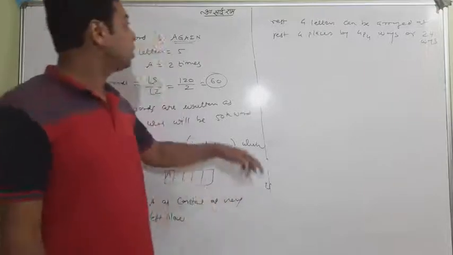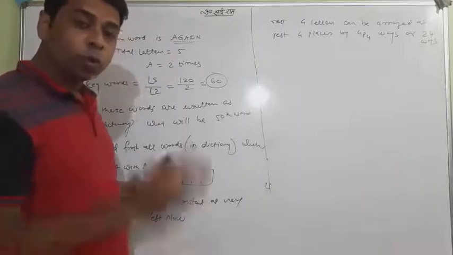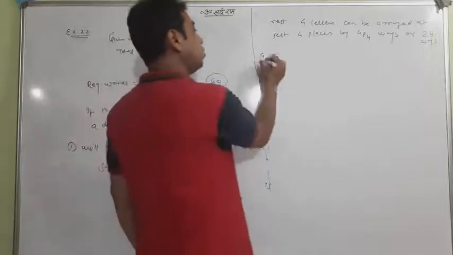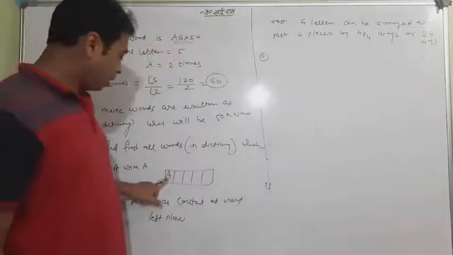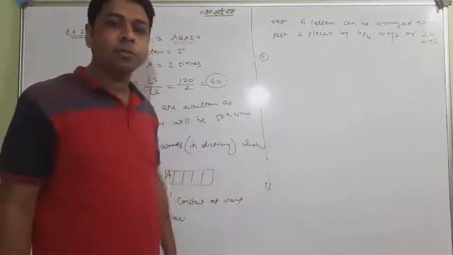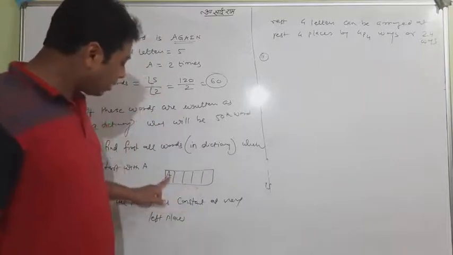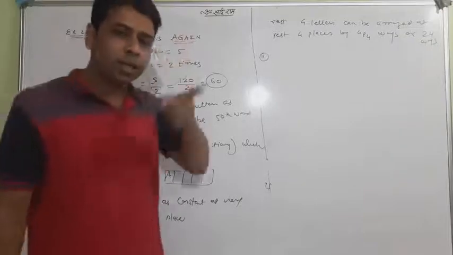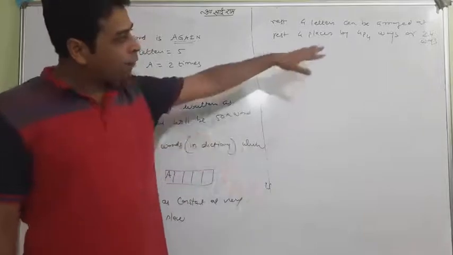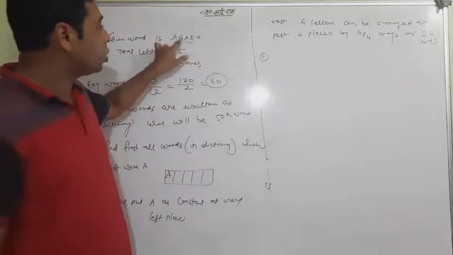Sometimes students get confused, sir, that a double A is coming. No, because A you have put as a constant in the first place. So only 4 boxes we have and 4 letters we have. Again, this A can't come because A and A are the same, so we can't take them in twice. Double A was there in the single case we have found, so don't take the double A condition. Already we have 24 ways which includes it. So students, after A it is G.